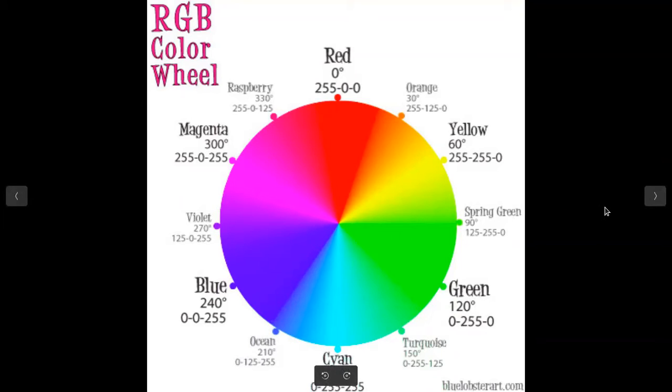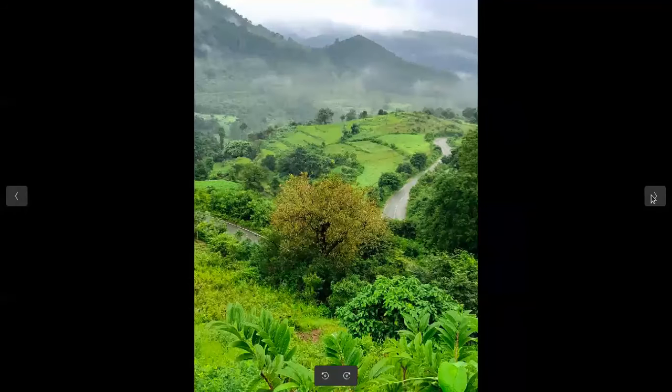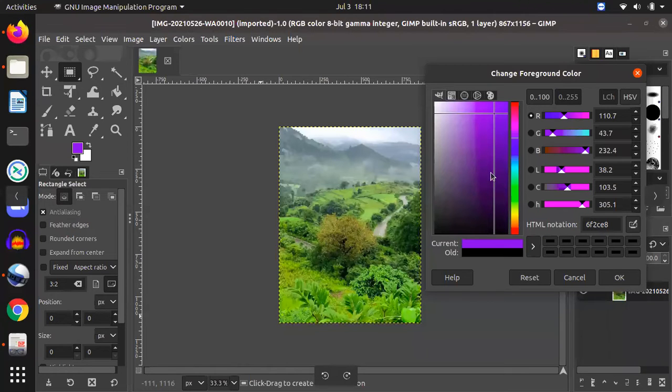To avoid that scenario, we can use a specific numeric value to represent or select the specific color that we want. This can be done with the help of our photo processing software.